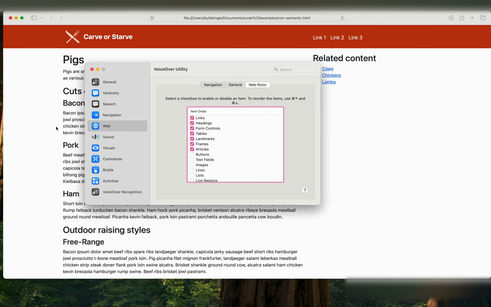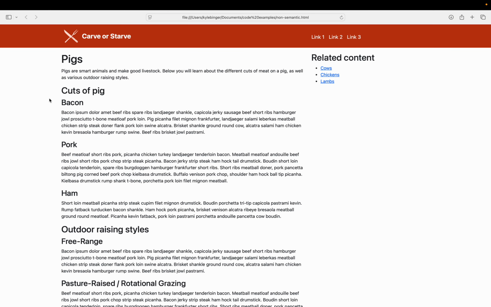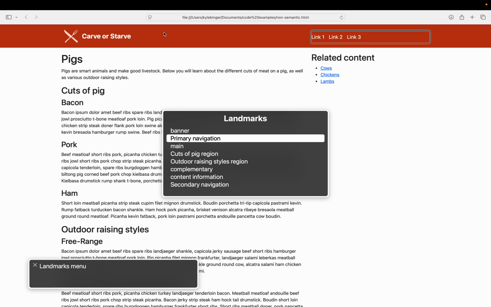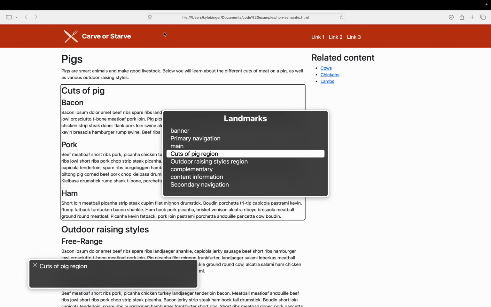Fantastic. Go back over here. Let's full screen our page again. Let's reload. And when I activate VoiceOver this time, VoiceOver on Safari. Landmarks menu. You are currently in a VoiceOver main. You'll see that there's nothing in here that shows our article. So we can see our main landmark or tag in here. The region entries are the section tags that we defined. So there's no landmark in here.